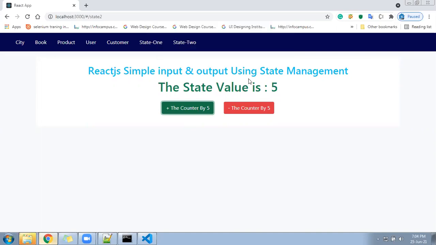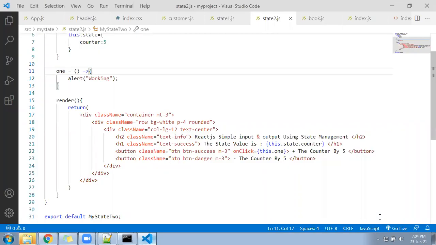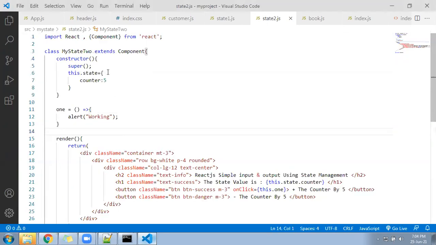And what was the target? The target was to change the value of this counter. By how much? By 5. Okay, go inside, come to the function. What you need to remember always, remember this line. How to create a variable inside the state? First question: how to create a variable inside the state in a class component?